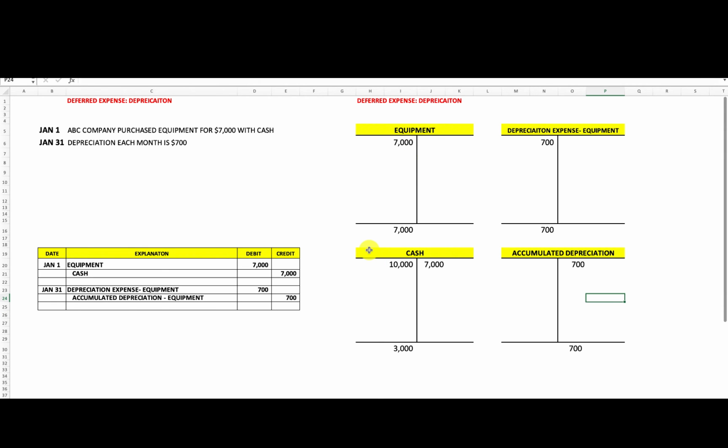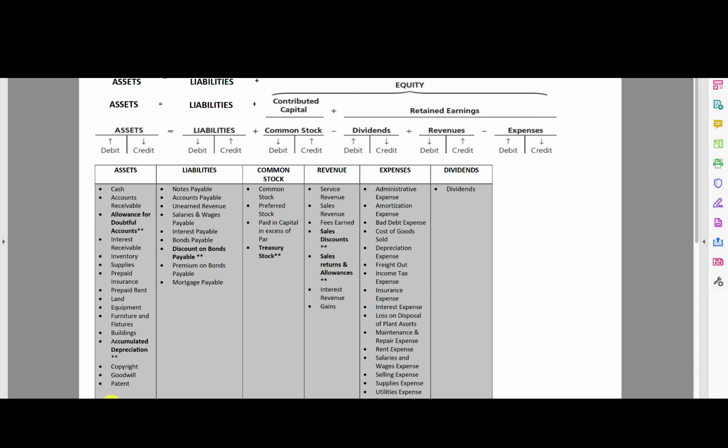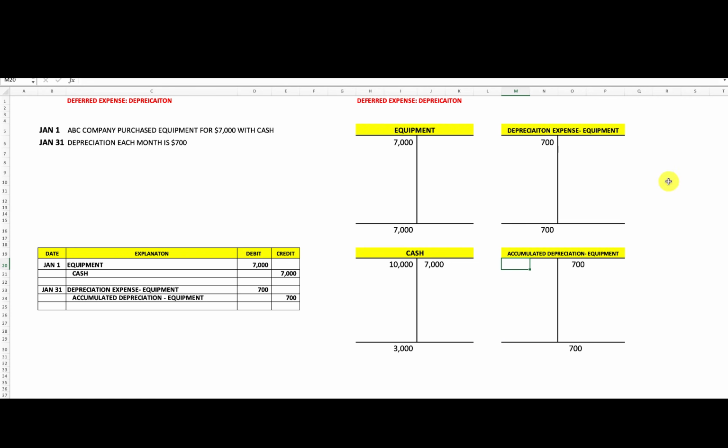But when we come to plant assets, equipment, furniture, technology, building, vehicles, we don't do that. Notice there is no credit to the equipment account. What do we credit? We credit accumulated depreciation, and actually I should say accumulated depreciation equipment. We credit accumulated depreciation equipment, which is, if you look at your T account, you'll see here, you see those two stars? This is a contra account. It's a contra asset account. So on your balance sheet, you'll remember, what do you see on your balance sheet? You see equipment, the amount, and then you see less accumulated